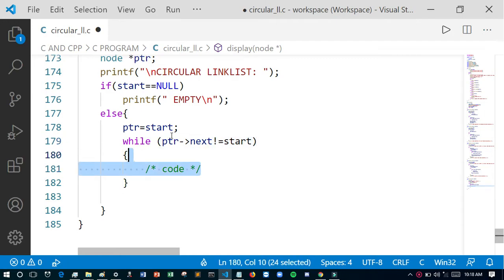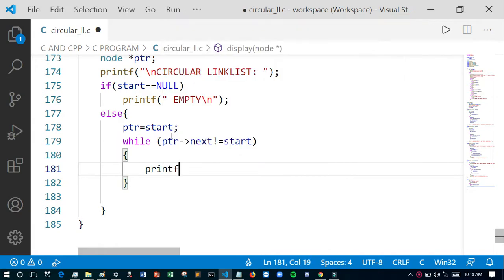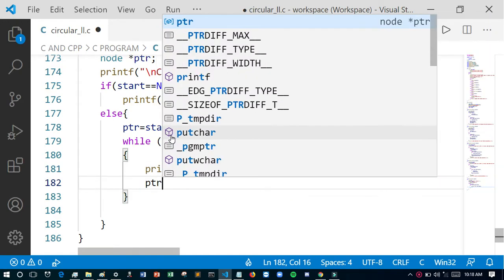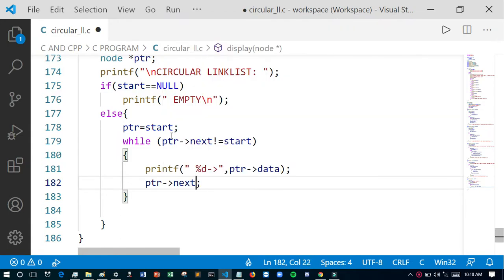Then what happens: printf %d ptr data, and then we have to go to the next node, ptr equals ptr next.